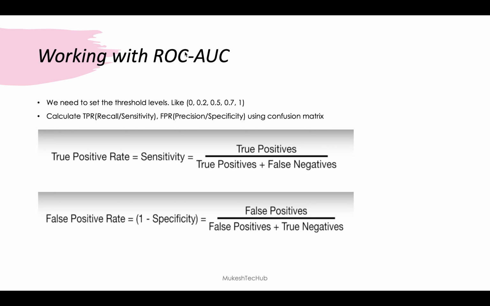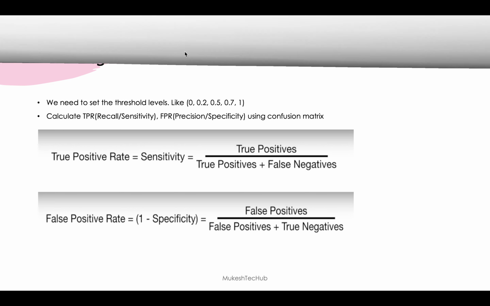So the false positive rate is called 1 minus specificity, which equals false positive divided by false positive plus true negative, right? True negative means actual and predicted both match. So the actual value was negative and the model predicted negative. If in the data set the actual value was negative for one person, and after training the model you check its performance on the test set and get the result as negative, that means it's part of true negative.